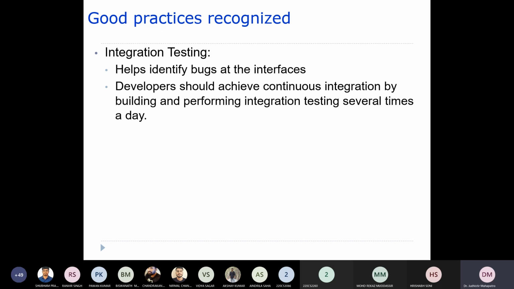So developers should always keep on integrating the modules so as to find the bugs at the interfaces. This process can be carried out many times a day. Only then will you be able to detect the bugs at the interfaces.